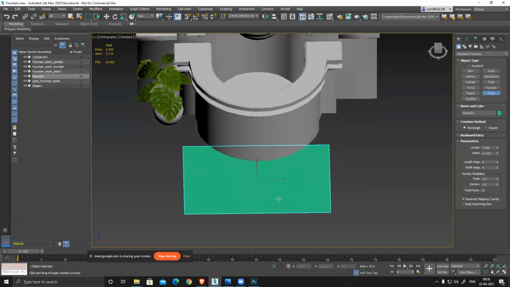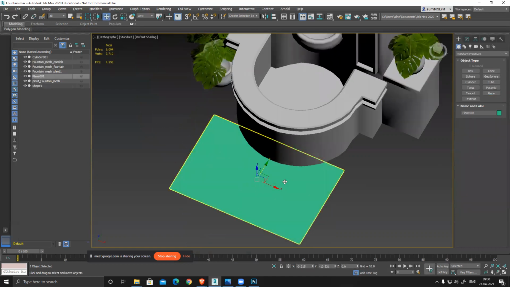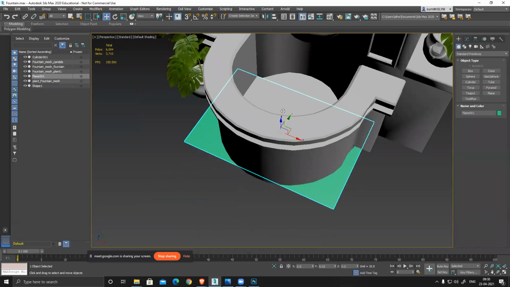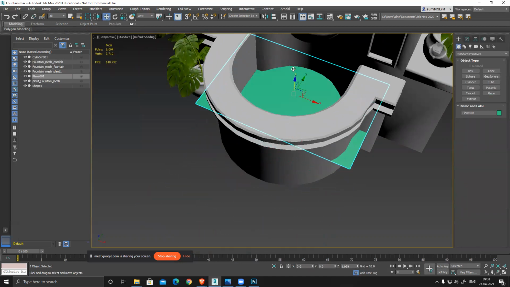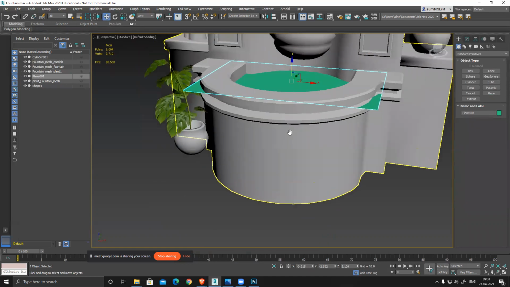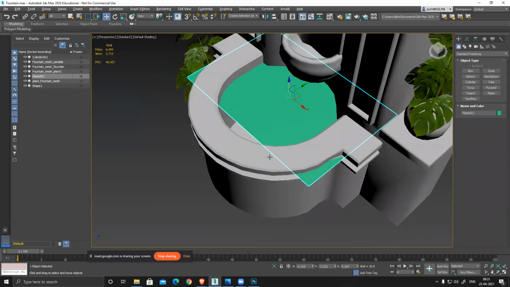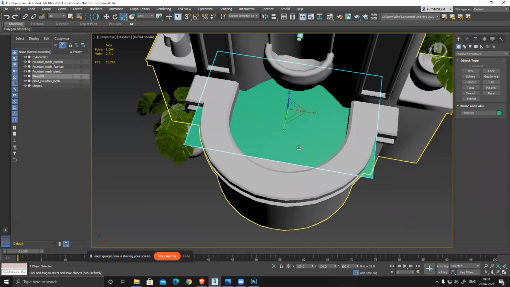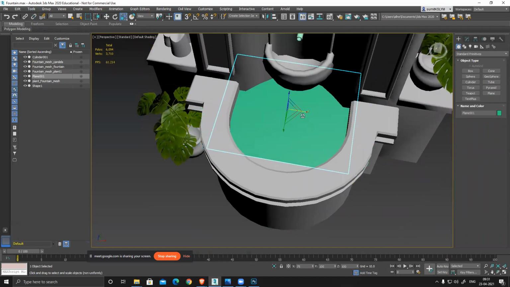Just create a plane, perspective, quite nice. Scale it down.